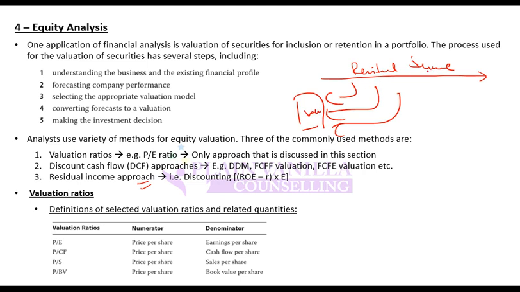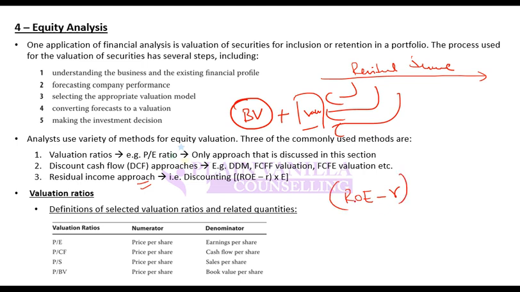The question is, what is residual income? Residual income is the extra return which you make on top of the requirement by the investor. So how do you get value? You get value by discounting back residual income to present and adding it to current book value. So you take a base book value and then add any extra value which you will make. And how do you get this extra value? This is ROE minus required rate of return.